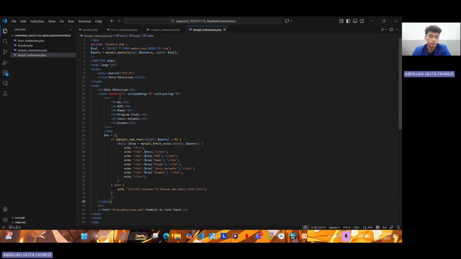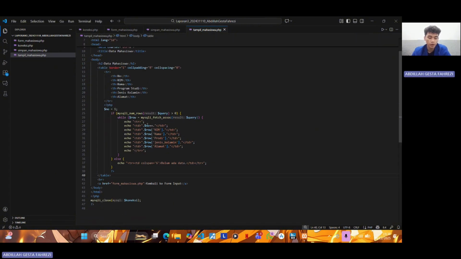In the HTML part, I create the table with headers: no, nim, nama, program studi, jenis kelamin, and alamat. Inside a while loop, I fetch each row from the query result.